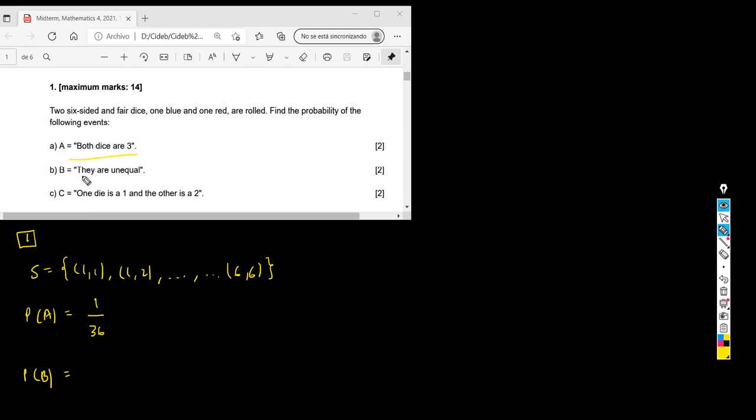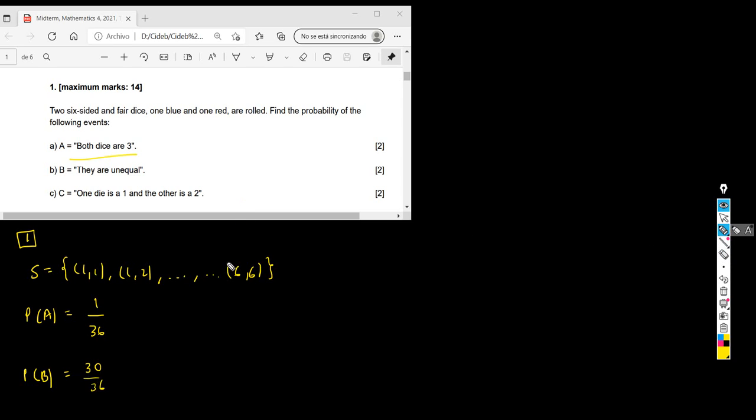The probability of the event B, both dice are unequal. For example, this one is favorable. 1,3 is also favorable, etc. So you can count them. If you wrote the whole sample space, you can count which outcomes are favorable to this event, and you're going to realize that you get 30 possible outcomes out of 36, and therefore that's going to be the probability. Another easier way to do it is basically